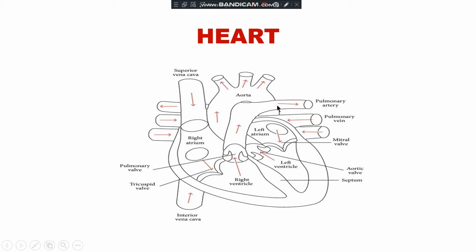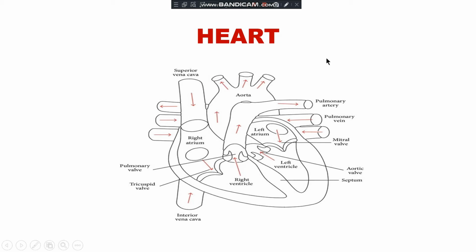The pulmonary artery carries the deoxygenated blood, and the pulmonary veins carry the oxygenated blood. It brings it to the left atrium. From the left atrium, it goes to the left ventricle, and then from the left ventricle, through the aorta, it goes to each and every part. Means the aorta is the main artery, and this aorta is divided into arteries. Then the arteries are further divided, lastly into capillaries, reaching each and every cell. Understood, students? Again, I am explaining fast.